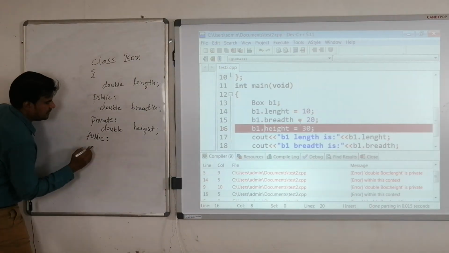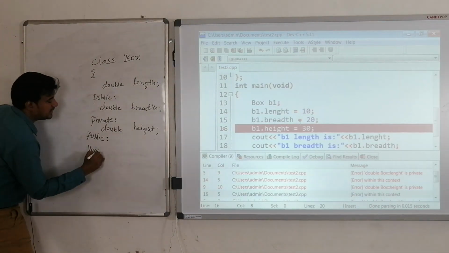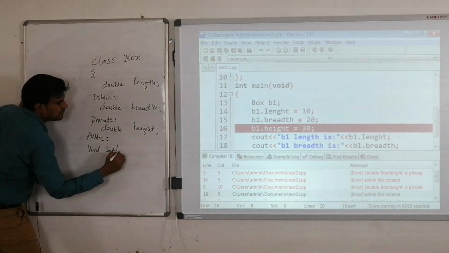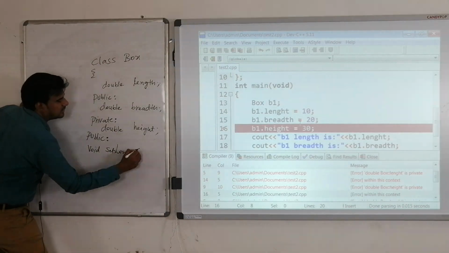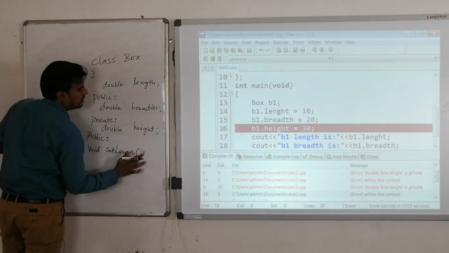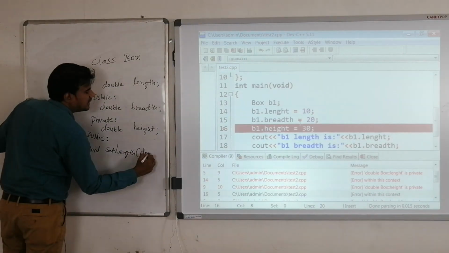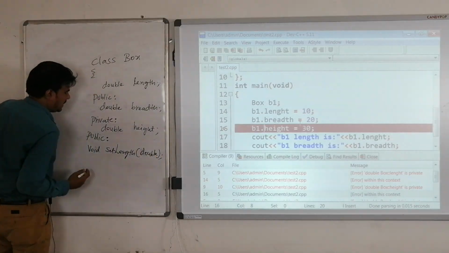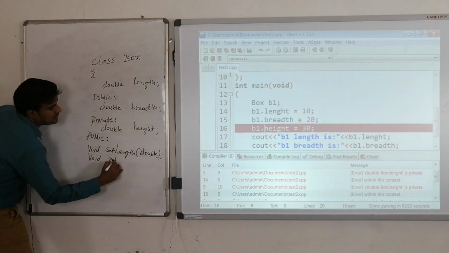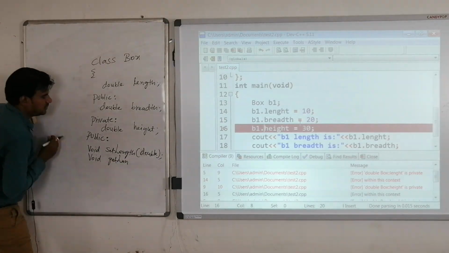So first method, void set length method, and in this we have to pass one temporary variable. Same thing for get length.